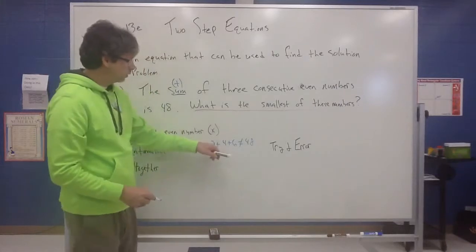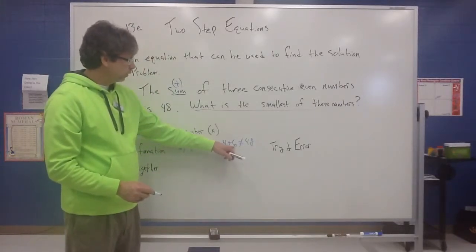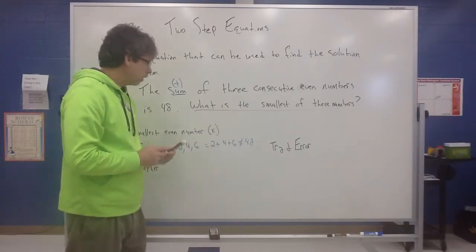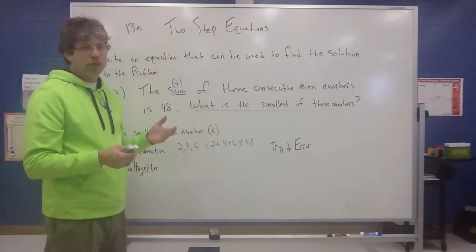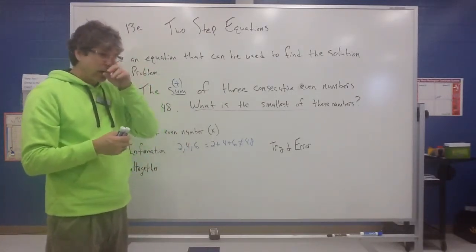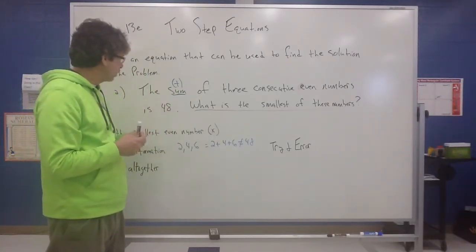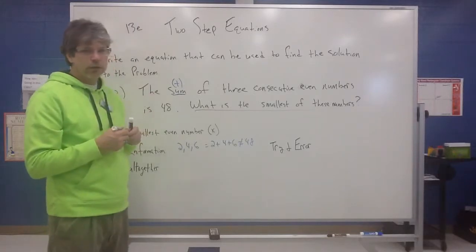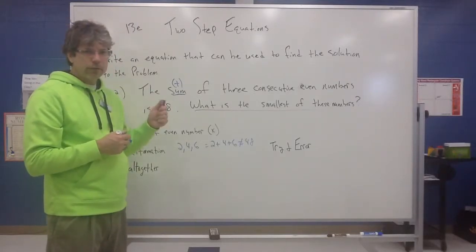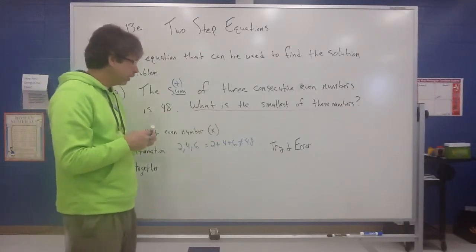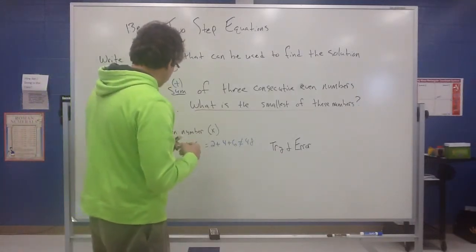We can see that 2 plus 4 is 6, 6 plus 6 is 12. That does not equal 48. Okay? So in my trial and error thinking, I can't just pick 2, 4, 6. I'm going to have to pick something a little bit bigger than that. I've got to add it to 48. It's got to be three numbers. I know that 3 tens is 30. So I'm in the ballpark there. Let's try something around 10. So let's try